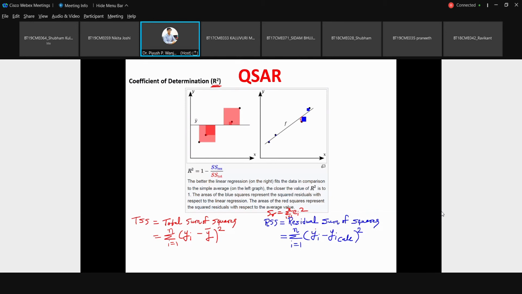Now, to understand the same formula here, see there are four data points given to you, these black color dots, and this is your actual value y for all four data points.